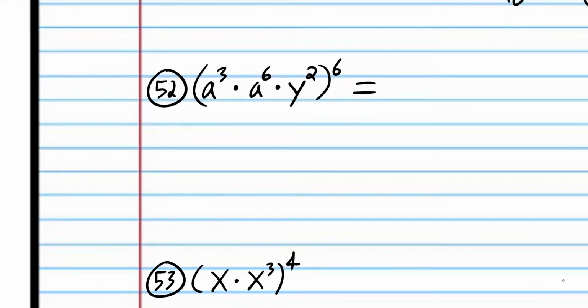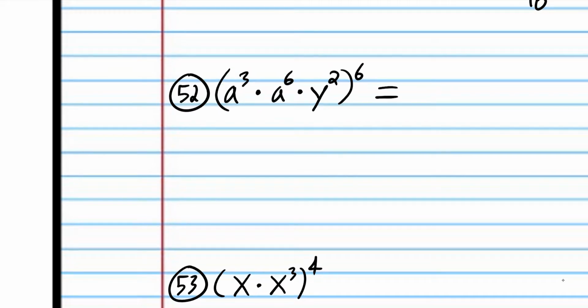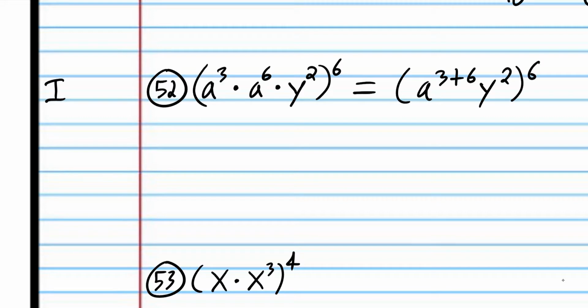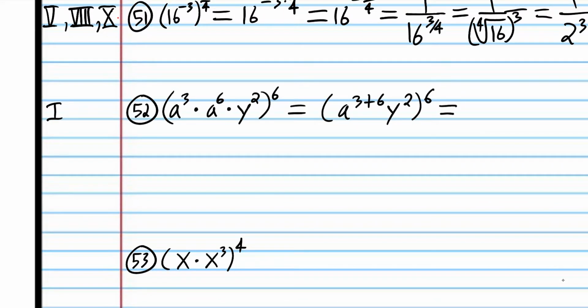So the first thing we're going to do is combine these because they have the same base. You cannot combine the green powers with the blue power because the blue power has a different base, you see. So we're going to use rule number 1, which tells us that that's a to the 3 plus 6 power times y squared, all raised to the 6th. And 3 plus 6 is 9, so we have a to the 9th power times y to the 2nd power